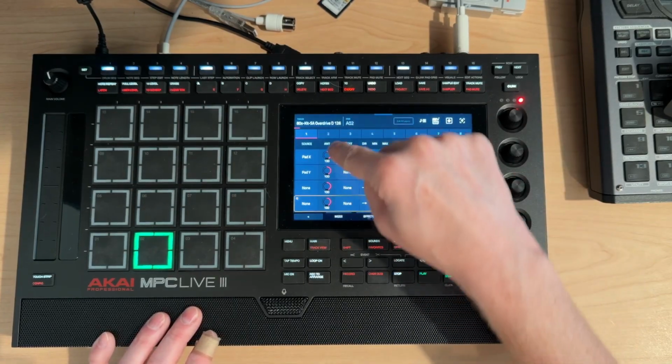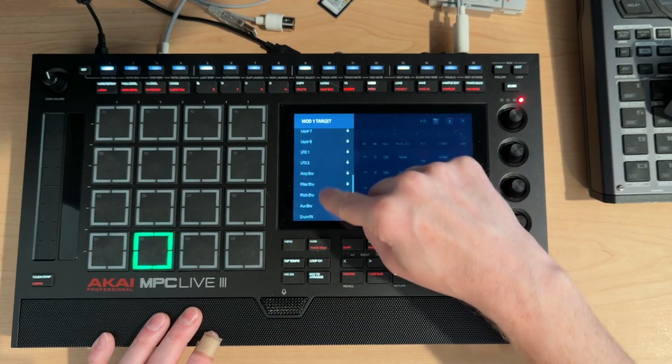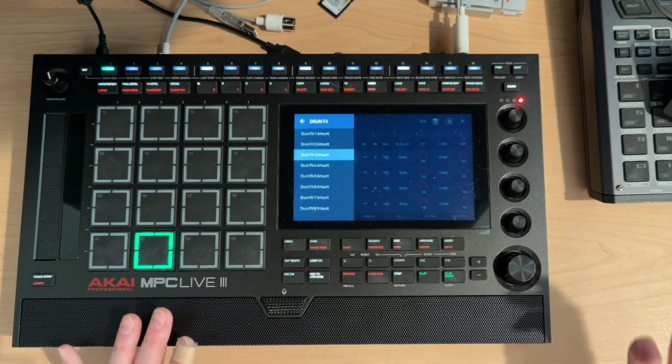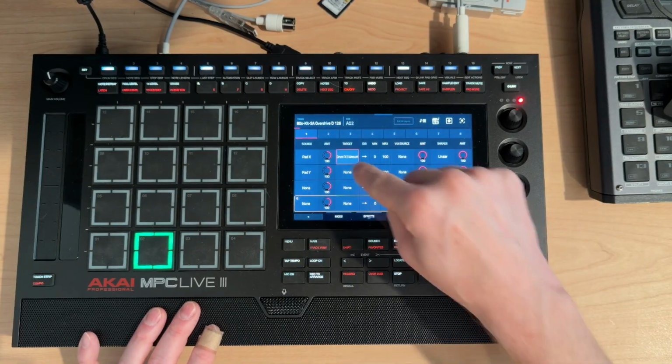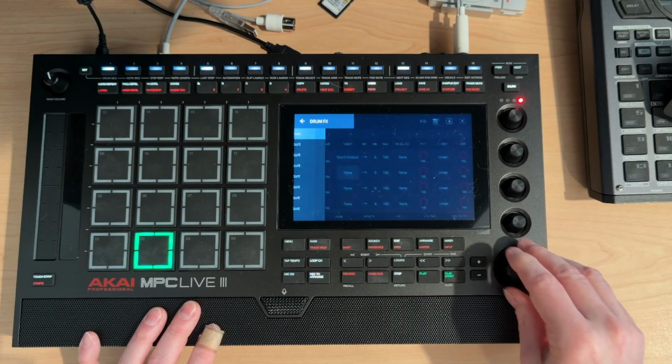So if we go back to the mod matrix, you don't want to go through all these layers. You're going to want to just go all the way down to drum effects. And it can be pretty exciting and fun to set them to drum effects 3 and 4 by default, which